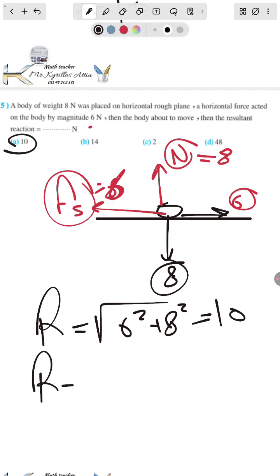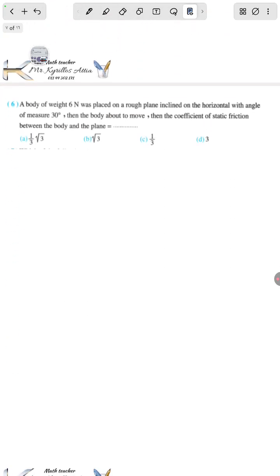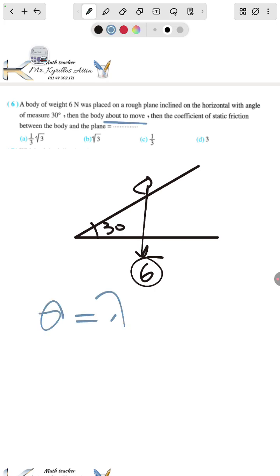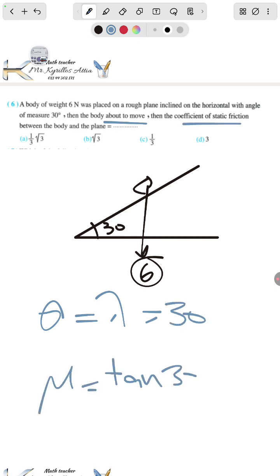Because the resultant reaction equals root F squared plus N squared. A body of weight 6 Newton was placed on a rough plane inclined to the horizontal at an angle of 30, so here is the body, the weight is 6, and the angle equals 30. Then the body is about to move, so the coefficient of friction: since the body is about to move, theta equals lambda equals 30. We need the coefficient of static friction, mu equals tan 30, and tan 30 equals root 3 over 3. It will be letter